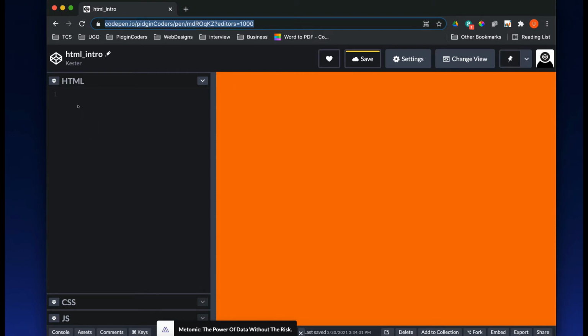What is the first thing you need to know? This is just like solving mathematics: you need to know a formula before you solve it. So before you start to write HTML, you need to know these basic HTML elements before you can start. The first one is the type of the document.